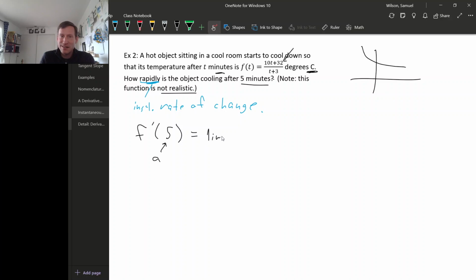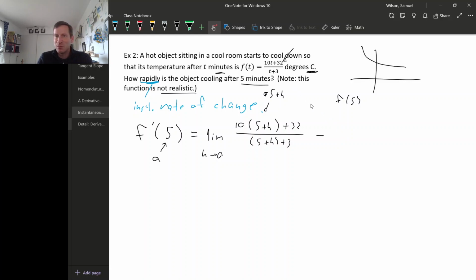Okay, so we're calculating the derivative of this at 5, so 5 is playing the role of a here. So this is the limit as h goes to 0 of 10 times, and what we're plugging in for t is 5 plus h, so 10 times 5 plus h plus 32, over 5 plus h plus 3, minus, and now we need f of 5, right? So that's, let's see, 5 times 10 is 50 plus 32 is 82 over 8,